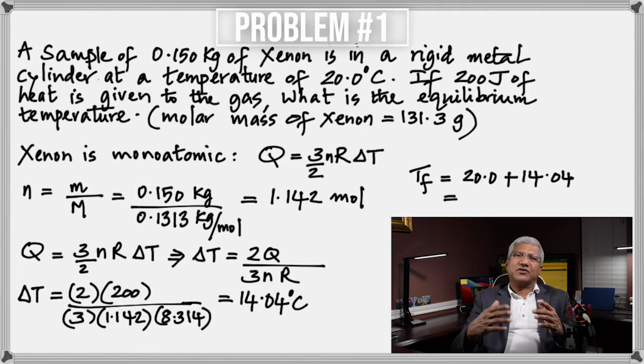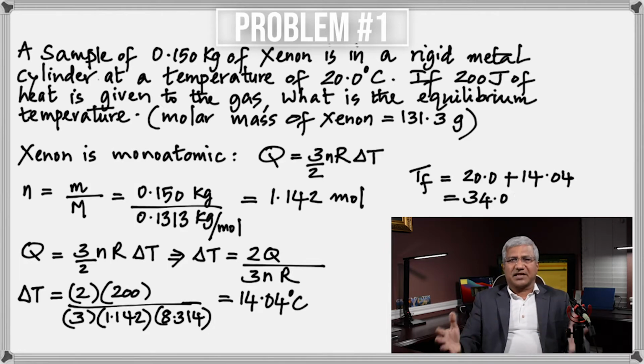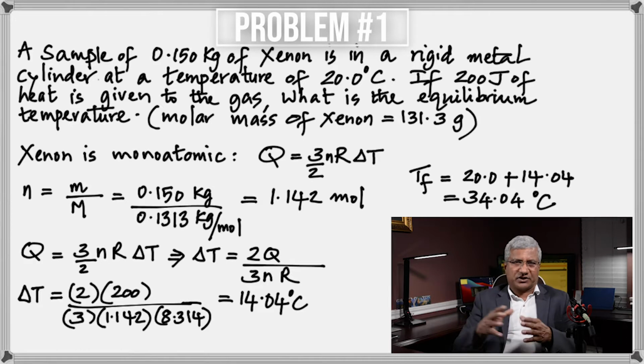Remember that in this case, we could just keep the temperature in Celsius because we are dealing with a change. A change in the Celsius scale is the same as the change in the Kelvin scale. That's why we are able to keep the temperature in Celsius. So once we get the change in temperature, we can find the final temperature just by adding this to the initial temperature, which is 20. So we get